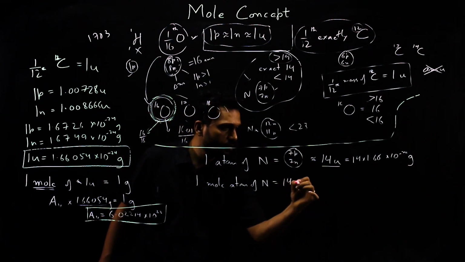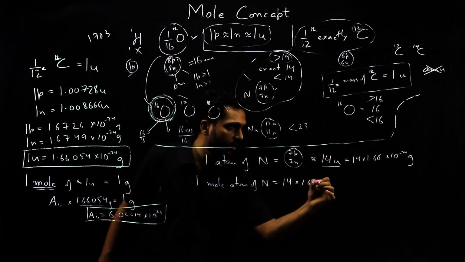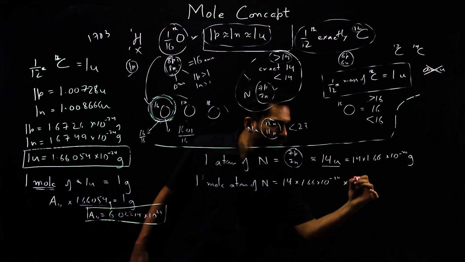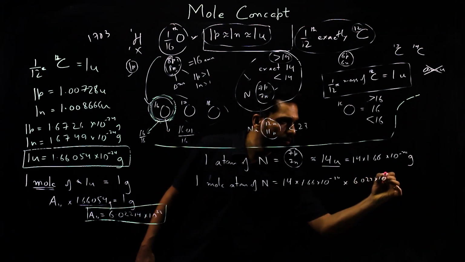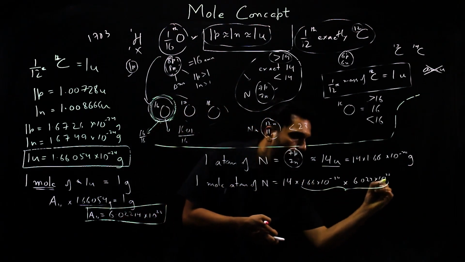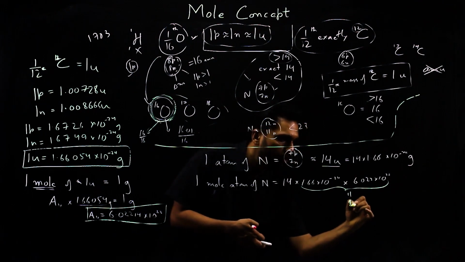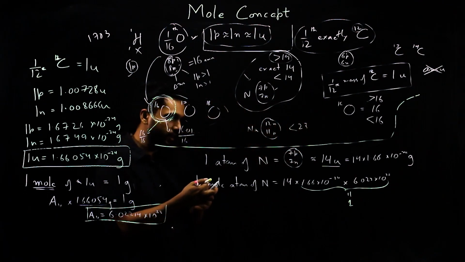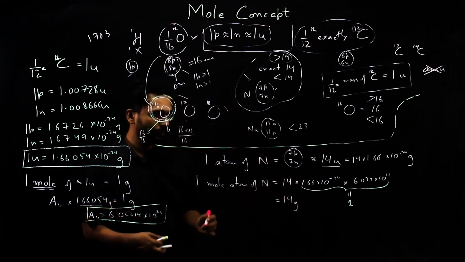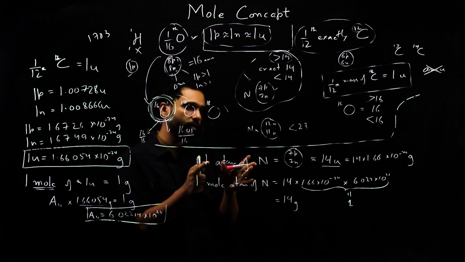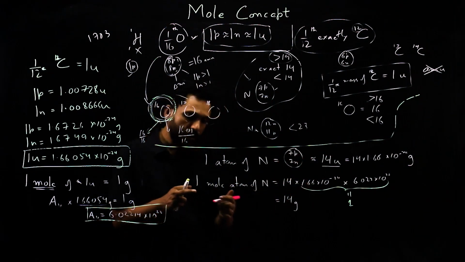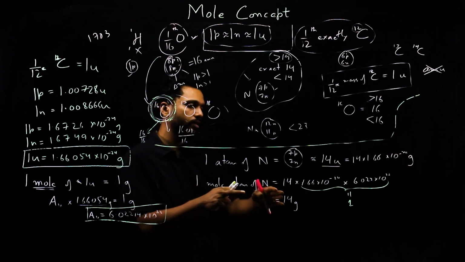That thing in grams. Why in grams? Because we are going to get the answer in grams, because it's a large collection, into 6.022 into 10 power 23. So this part will exactly become 1 equal to 1. That is how the numbers have been chosen. Hence the answer becomes 14 grams. So you see the effect. One atom I can say weighs 14 U's or 14 AMU's. I'll still call it AMU. And 1 mole of nitrogen atoms weighs 14 grams.